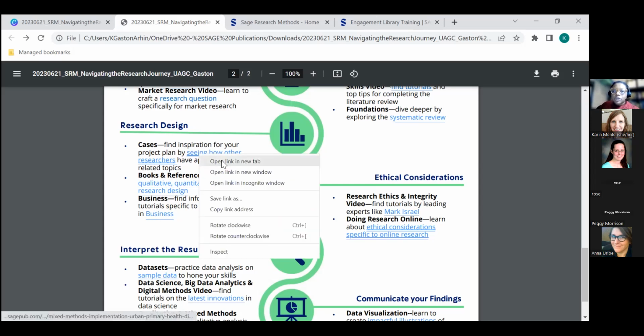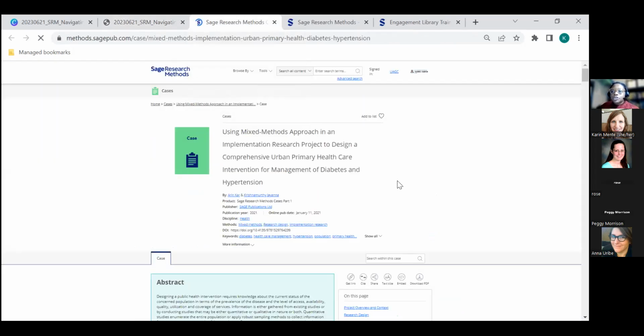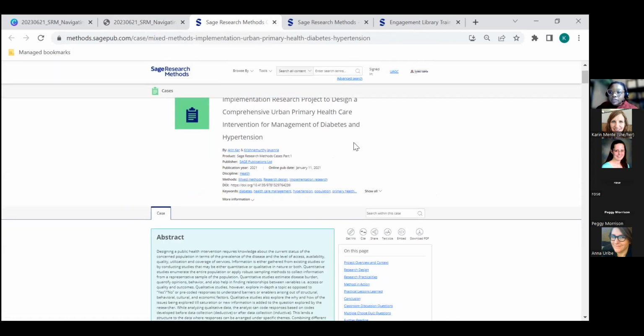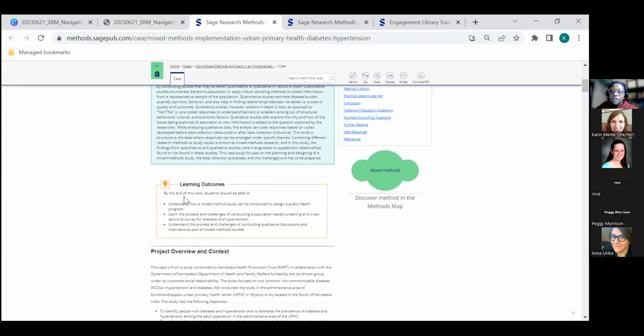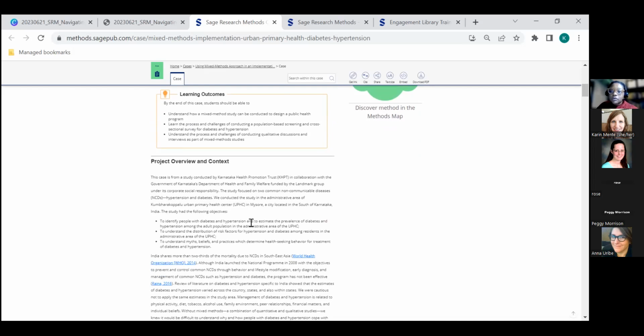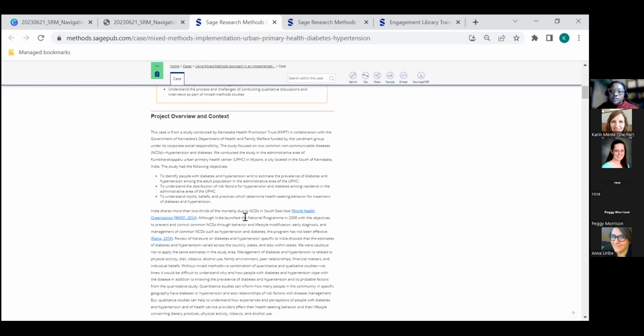Cases, for example, allow you to see how other researchers have approached related topics or used related methods. So in this particular case, we have someone using a mixed methods approach, specifically in some urban primary healthcare intervention. And after looking through the abstract, you'll see that a lot of these content types under kind of like showing you what others do, present learning outcomes that you can use in your own classroom or kind of revise or revamp just to fit where your learners are, giving you an overview or like an introduction to the case that you'll see,